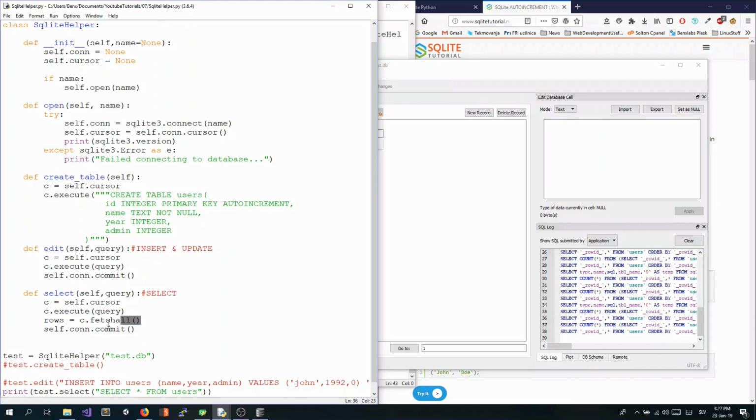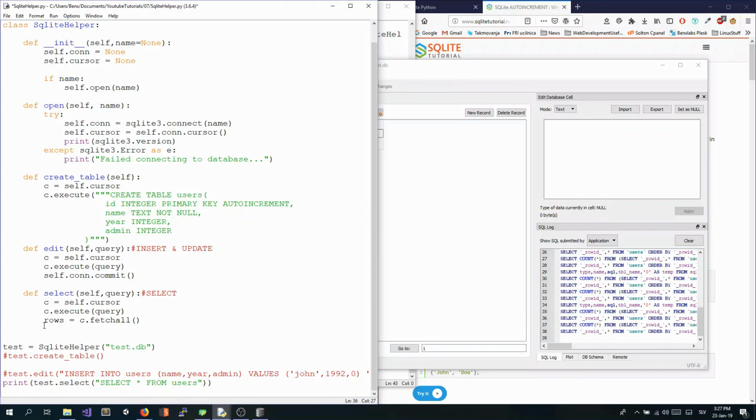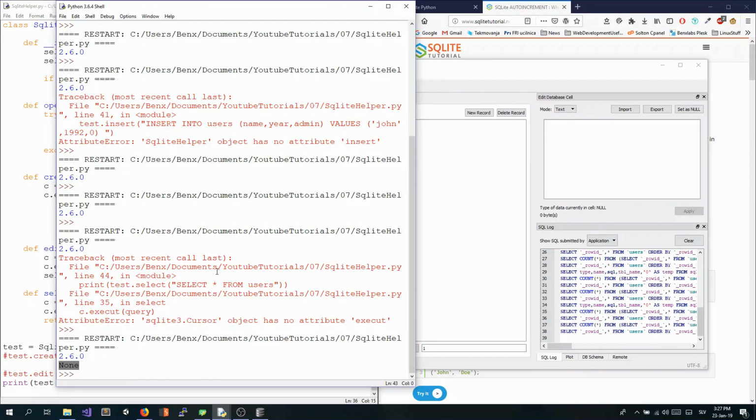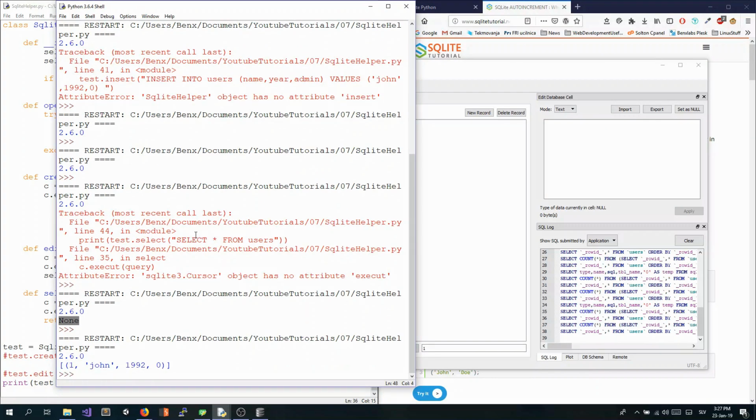Row.fetchall. Oh, I know what's wrong. We don't have to commit it because we're just getting data, but we have to return it. We actually return data, so we return rows. We actually don't need rows is equal to, but we just need return c.fetchall. Let's try it now. Yeah, now we have our list with, I believe it's tuples